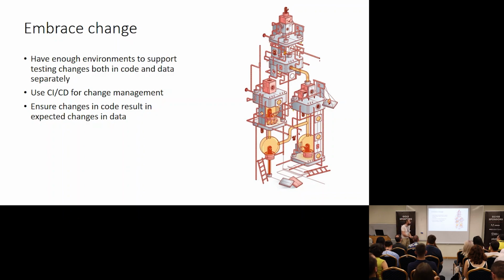Because obviously the code is evolving, all these components are changing. So now we have everything inside code, and then we can track it. But now we should be able to test everything, and we should be able to deliver all these changes. So first of all, we should have corresponding environments to test both code and data separately. What does this mean? So